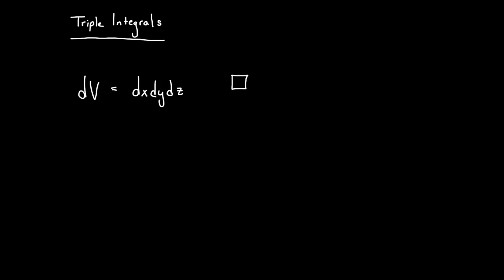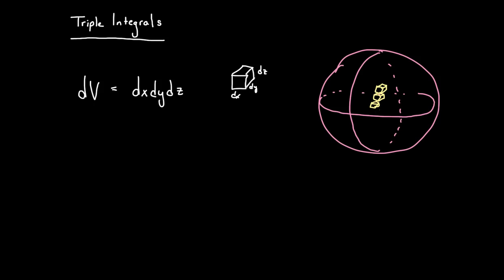Think of a cube with each of these sides, dx, dy, and dz. And these cubes, when added up, form a solid. Here are just a couple of these little cubes to get the idea. Now these will be stacked, and we'll sum over x, we'll sum over y, and then we will also sum